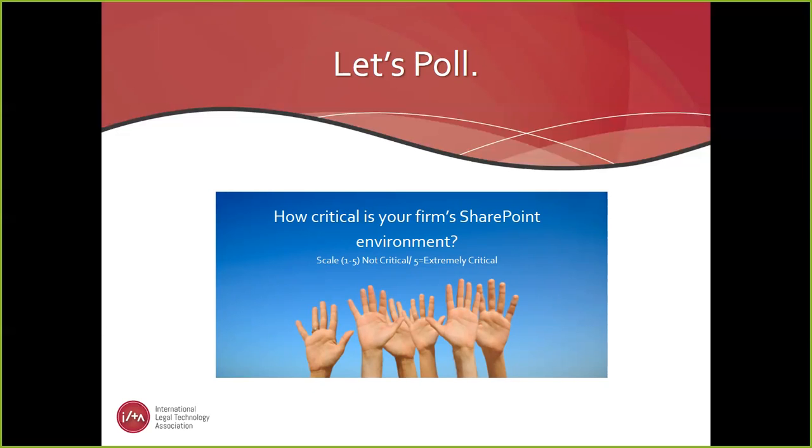SharePoint is extremely popular in legal, especially in bigger firms. I think the way ILTA segments firms is from 150 to 349, 350 to 700, and 700 and up. So with firms with more than 150 attorneys, north of 80% have implemented SharePoint in a production capacity based on the tech survey. And there's a little bit of variation in terms of how it's being used, but we